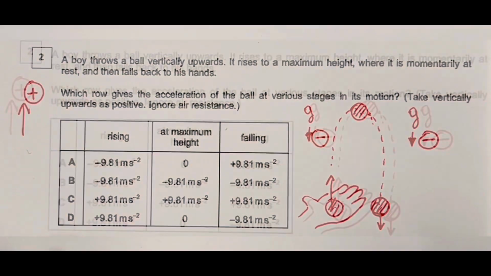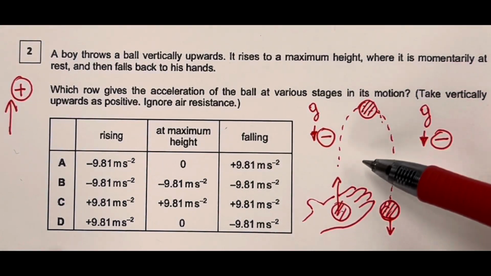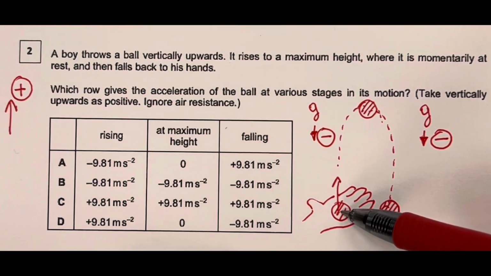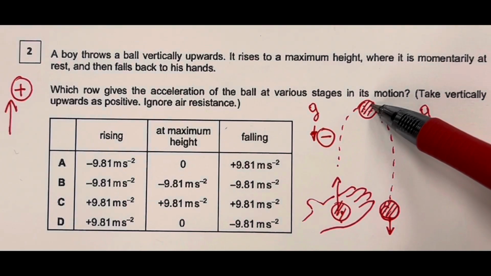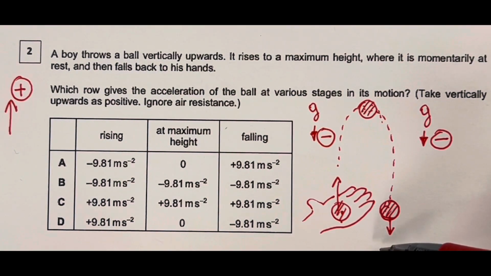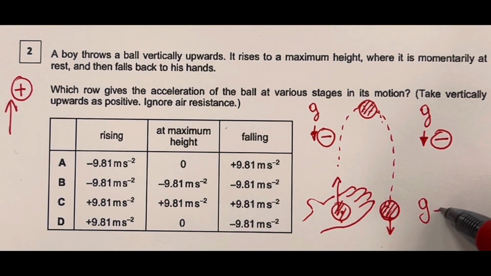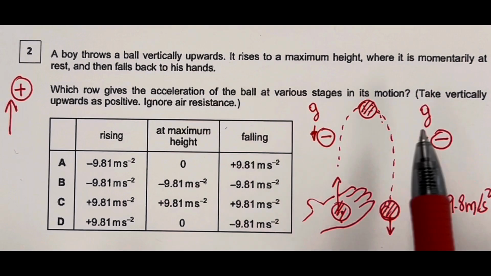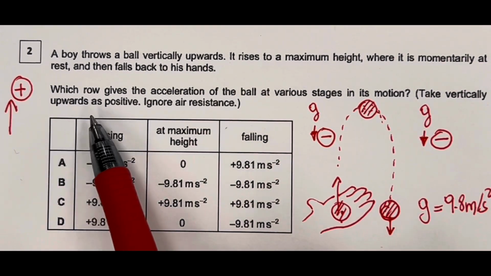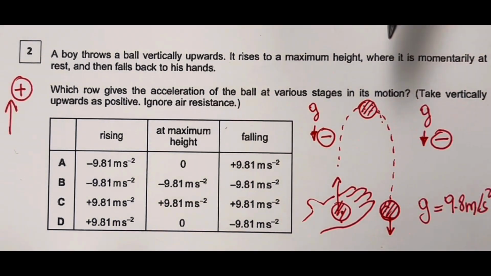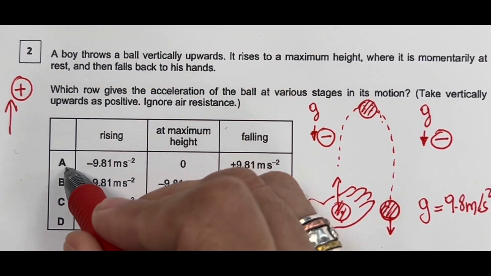At any stage of this motion, when the ball is still at rest on the boy's hand, going up, stopping in the middle of the air, and coming down back to his hand, at any time the acceleration on the ball is the same. G is equal to 9.8 meters per second squared. It's the same the entire time. But because the problem says take vertically upwards as positive and gravity is downward, we are going to select option B